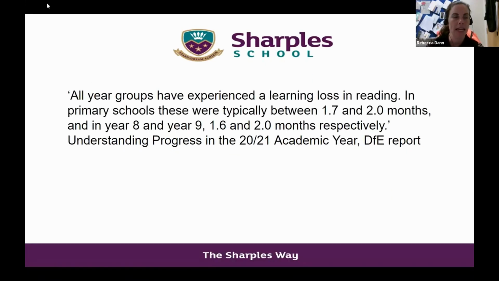I also think it's become even more of a focus. This is definitely reflected in our reading data this year, and this is from the DFE report that they produced in January 21. They found that all year groups have experienced a learning loss in reading. In primary schools, these were typically between 1.7 and 2 months, and in years 8 and 9, 1.6 and 2 months respectively.